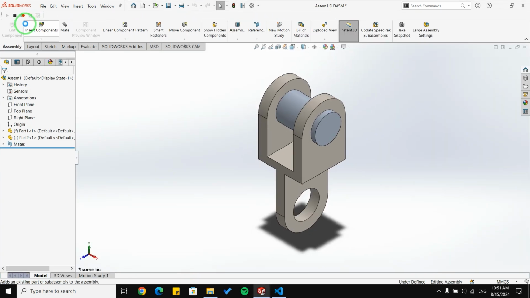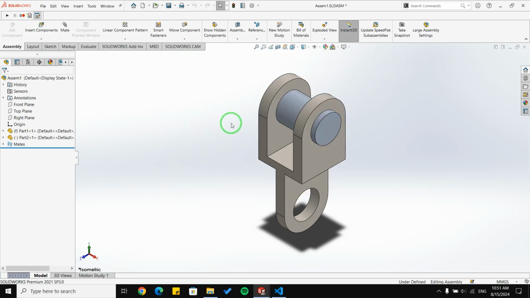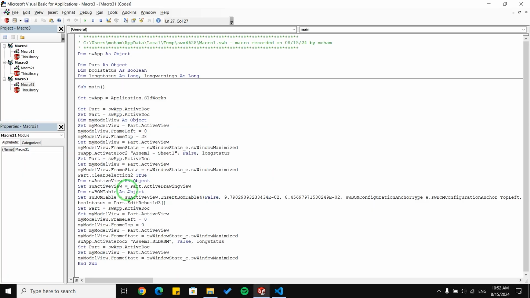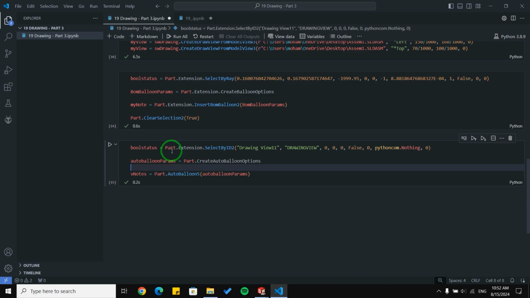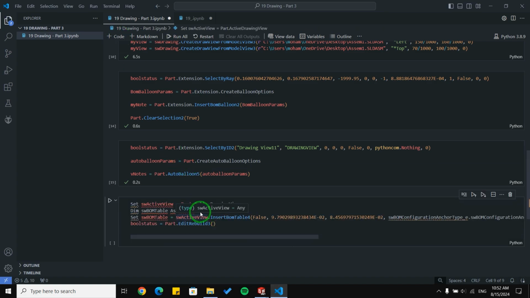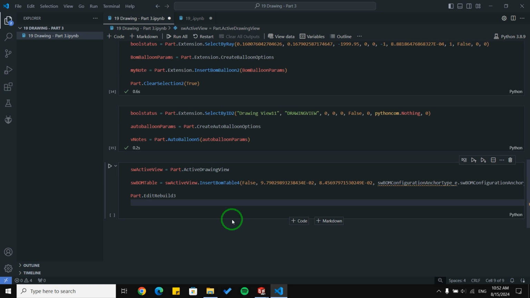Let me stop the macro, save it, and open it. And as you can see, we just need these lines. I'm going to copy them and paste them here. We don't need this line at all. I'm going to delete sets here and here, and let me edit this a little bit too.